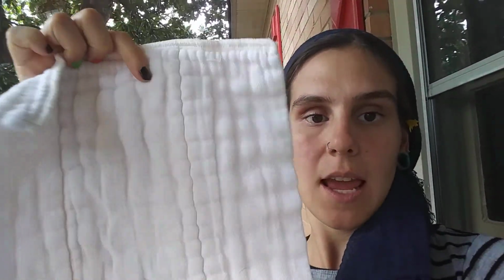Sorry guys, they're less expensive because you do have to buy more of them, but they fit better because they're not a one size fits all, so you don't have those weird rolly parts. Now, I was gifted newborn pre-folds, and I use them. They're great. If I was going to buy them again, then one cool trick is if you take your infant-sized